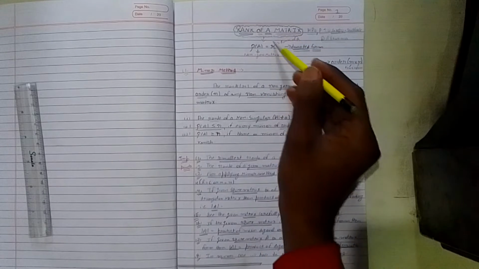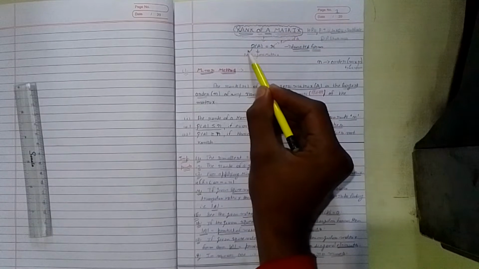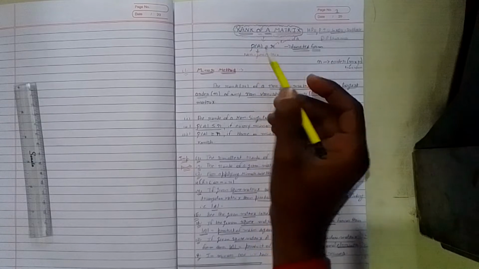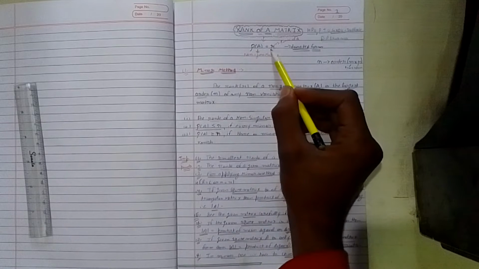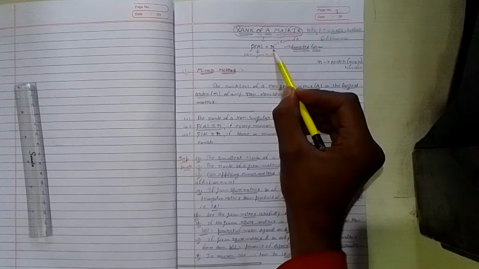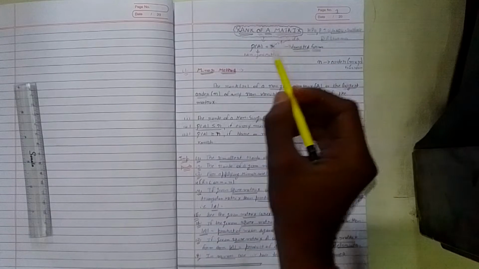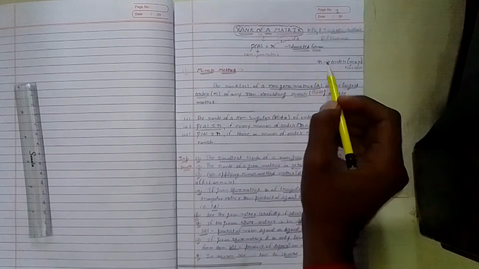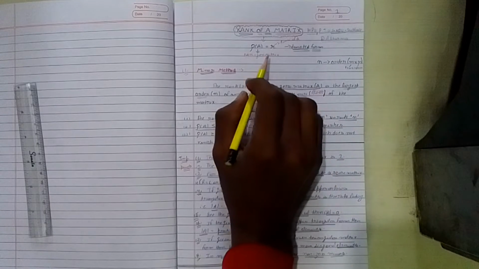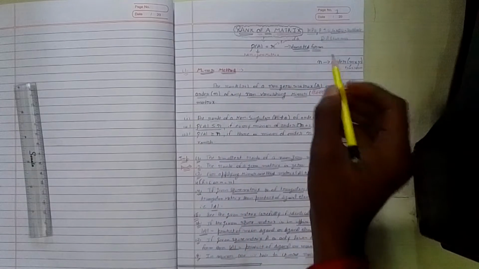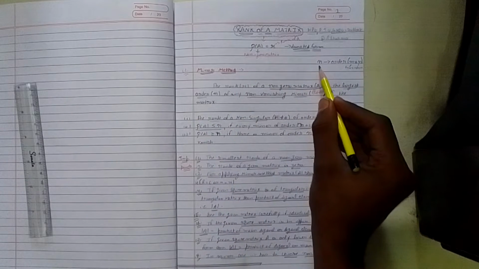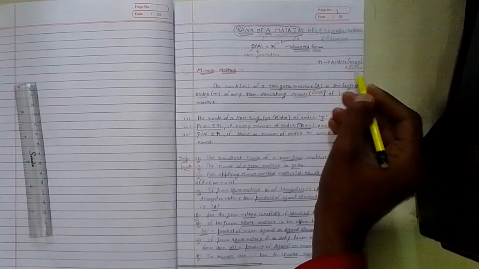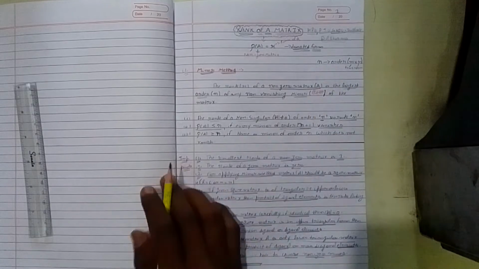Rank of matrix is represented like this: rho of matrix A. Why is it capital? Because we write every matrix in capital form. This is the rank of matrix, denoted by rho. A is a non-zero matrix. Non-zero means elements are not zero, not an empty matrix. The matrix contains elements which are non-zero. Here I am representing m into n as the order, which is row into column. You already know m into n shows order.